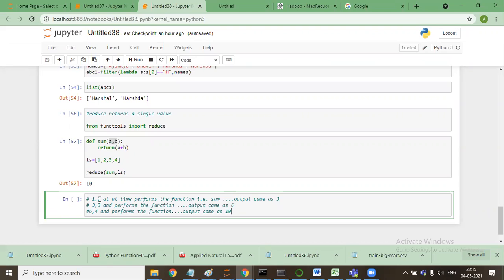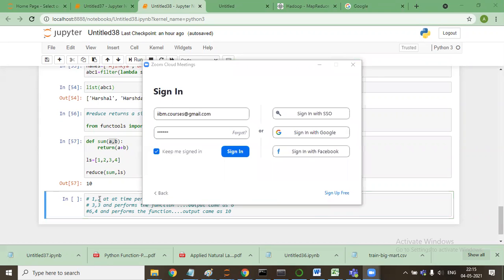The other function is, do you want me to cover another 2-3 functions, if it's fine for you? Yes, sir. Okay, so I'll tell you the definitions. The other function is basically the apply function. This apply function normally works on a data frame. So there's another range of functions, that is apply, apply map, and another range of functions that we have.